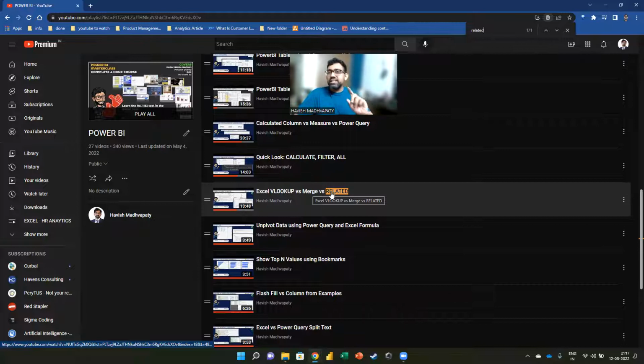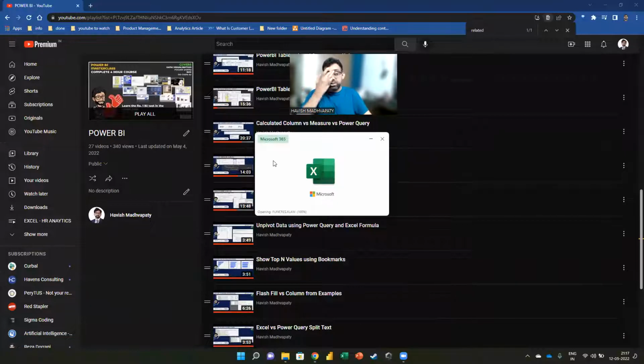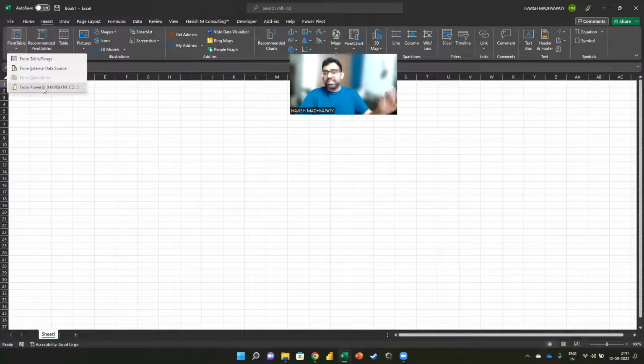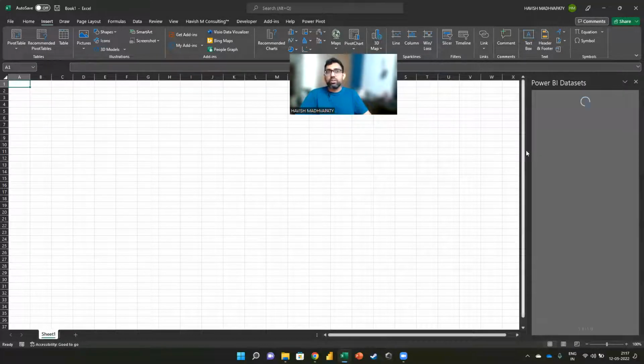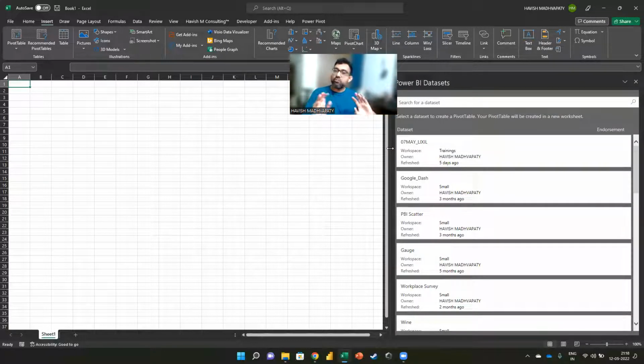But remember, Power BI is not a replacement for Excel. It's a supplement and a complement. So don't learn only Power BI. Please remember, learning Excel is super important because Excel and Power BI have an integration. Check this out. In Excel, do you see this? I can actually connect Excel to Power BI. I'm doing it right in front of you. Look at this. Microsoft doesn't look at Excel and Power BI as two separate things. For Microsoft, Power BI and Excel are one thing. It's a part of their business intelligence platform, right? So don't ever think, should I learn one or the other? Think about learning both of them in parallel. That's how I do it. Got it. Thank you.